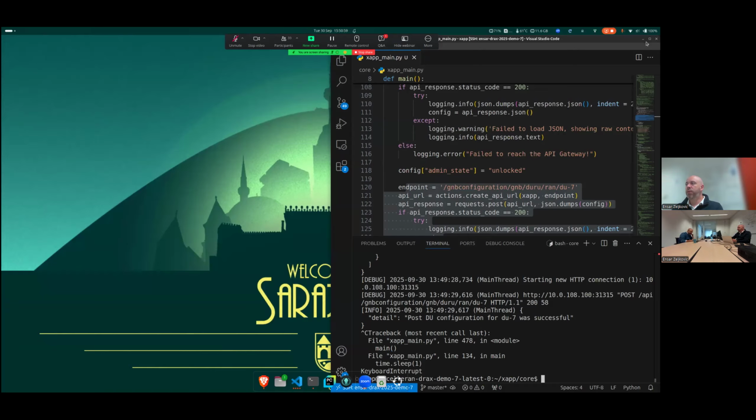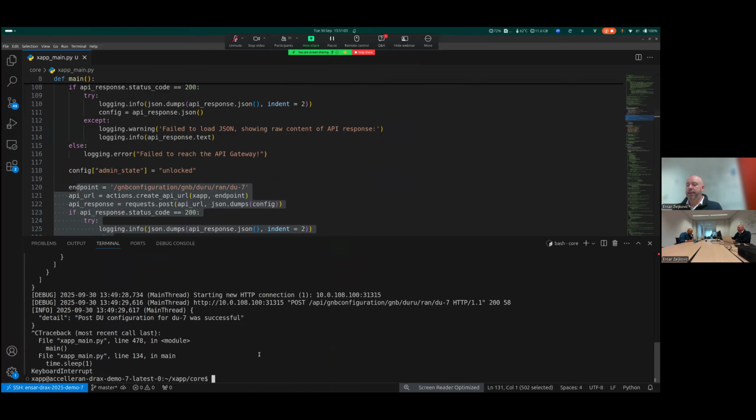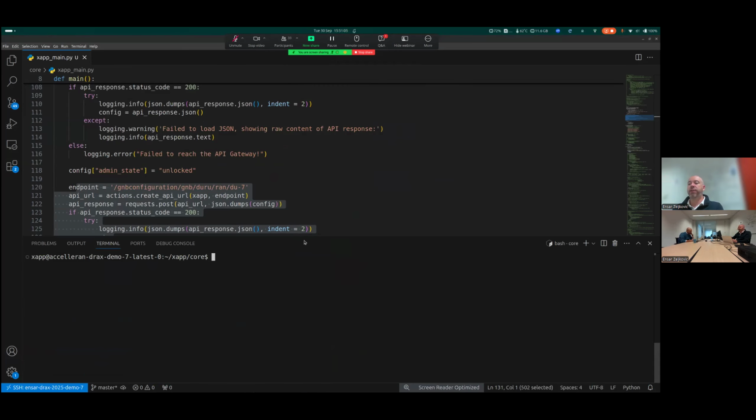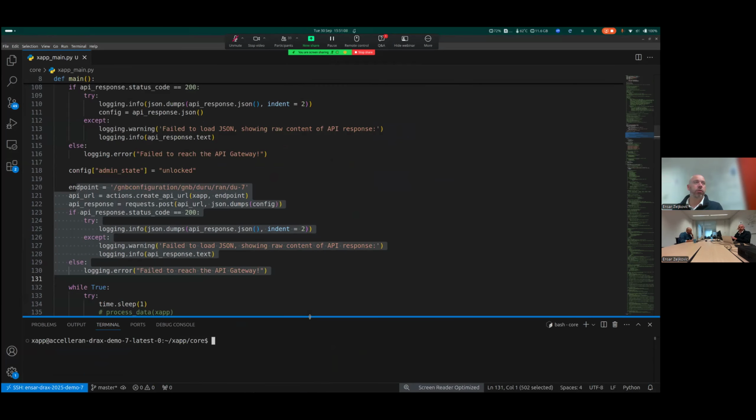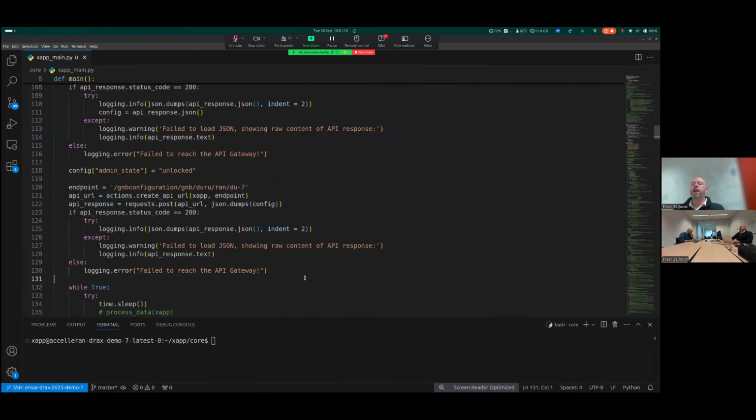So next thing that I want to show you is the xApp configuration. The xApp configuration is another thing that's built into the framework, into the platform, and into the SDK, and can be utilized for various use cases that you might be tackling. So let's see how that looks.